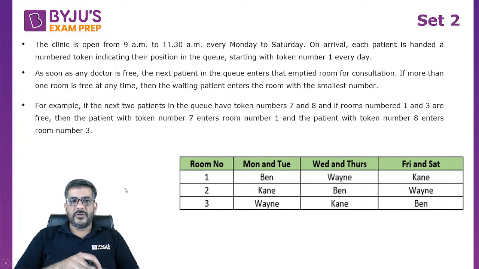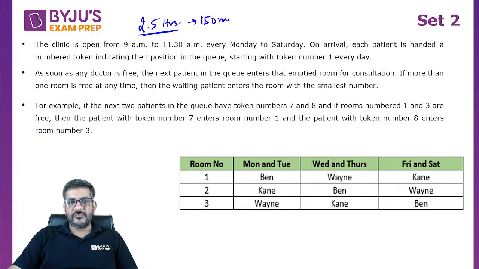The clinic is open from 9 a.m. to 10:30 a.m., which means for exactly 2.5 hours, or you can say 150 minutes. The clinic is open from Monday to Saturday. On arrival, each patient is handed a number token indicating their position in the queue, starting with token number 1. As soon as any doctor is free, the next patient in the queue enters that emptied room for consultation. If more than one room is free at any time, then the waiting patient enters the room with the smallest